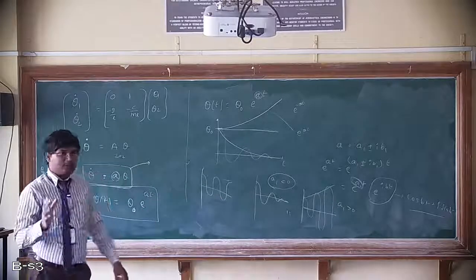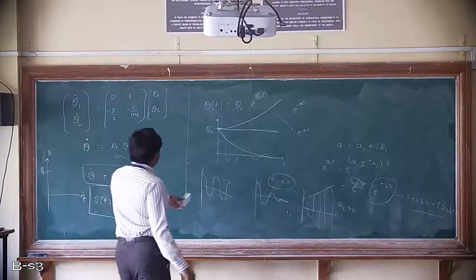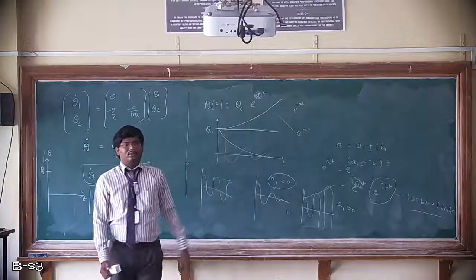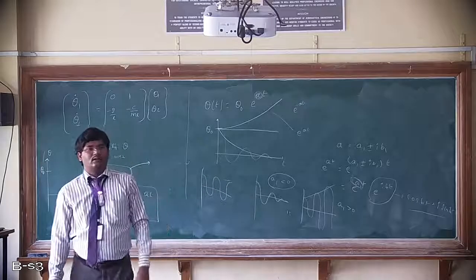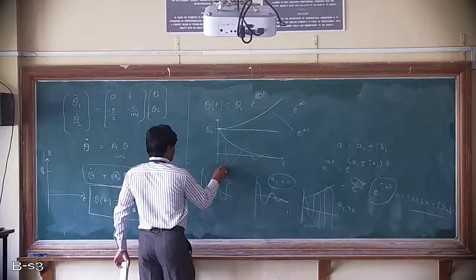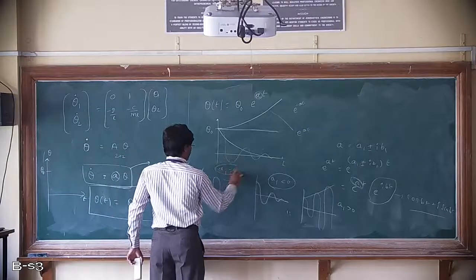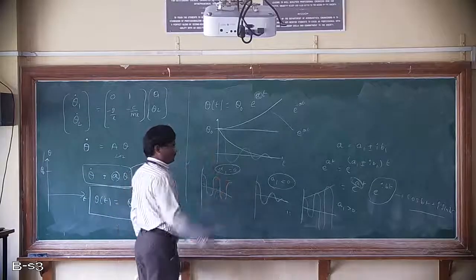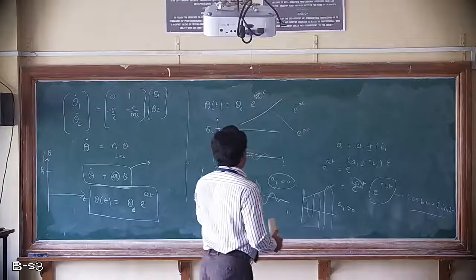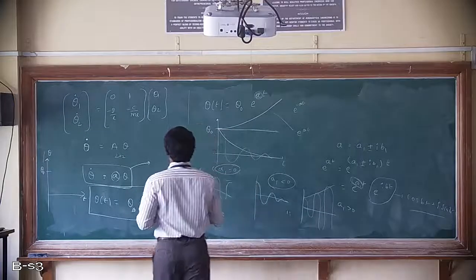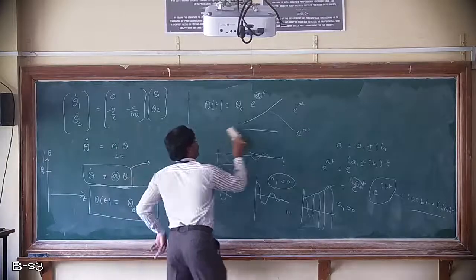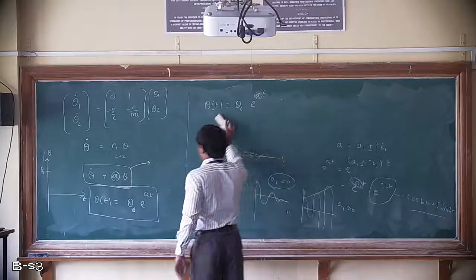Are you getting, everyone? What about this? Oscillation with constant amplitude. Here the real part of the complex number is 0. At that time it will oscillate. Are you following? Yes? Any questions? If you understand this, okay, good.